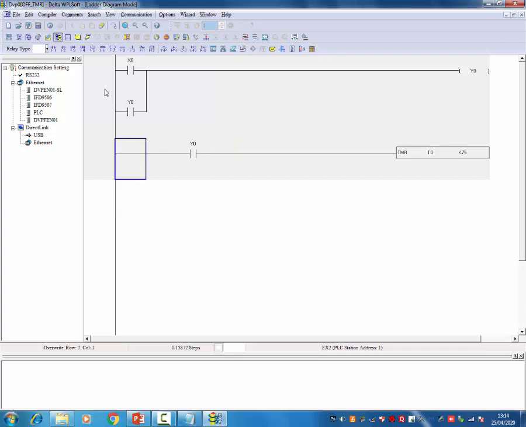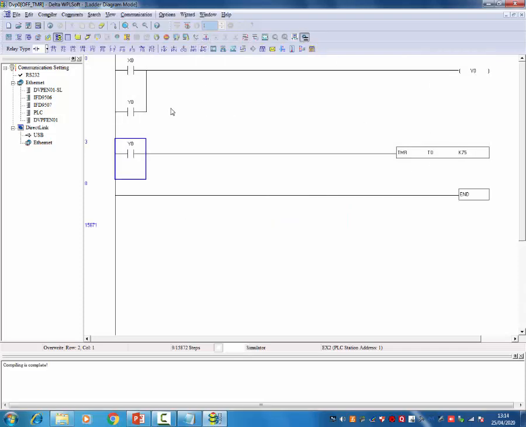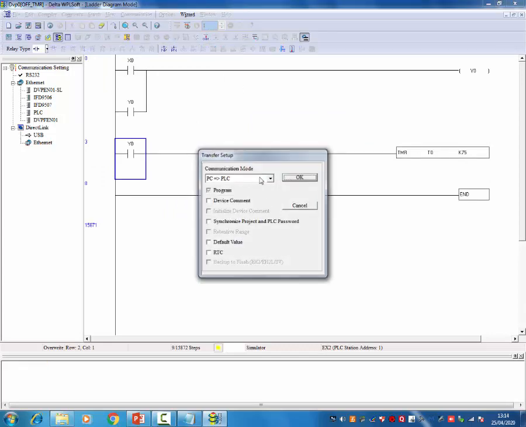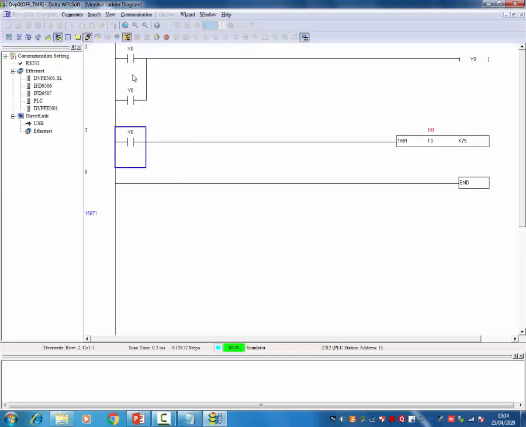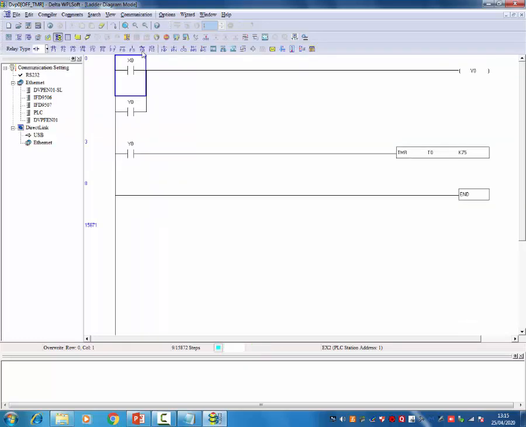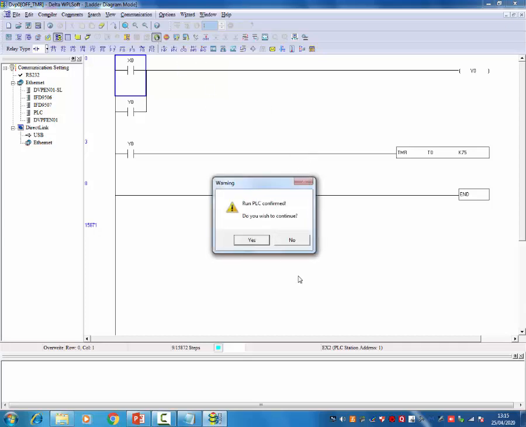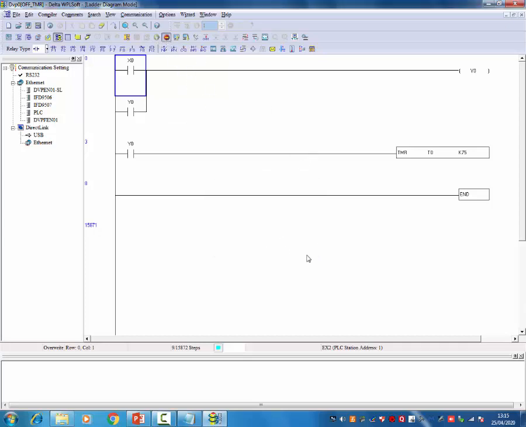Now I'm going to show you, this is also an on delay timer operation. It's similar to on delay operation, but it's not the exact on delay timer operation, so we need an off delay timer. I'm going to show you why I'm using this and why I'm placing the latching condition before and the timer condition after. You can see after the input is on, output is given to my timer, and after reaching a certain time delay, the timer is in on condition. There is no change in my output condition. My condition is, if we turn on the switch, the output should be on. If we turn off the switch, the output should still be on, and after some time delay, the output should be off.